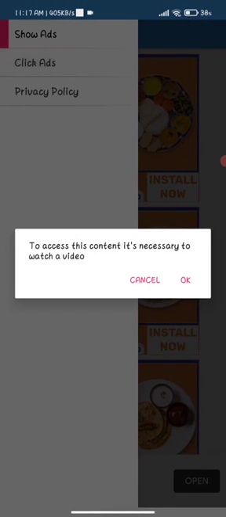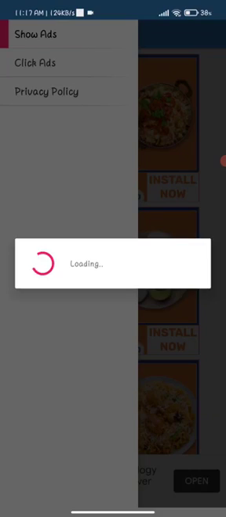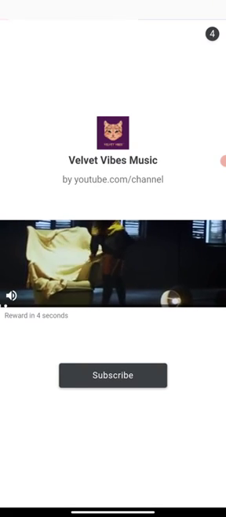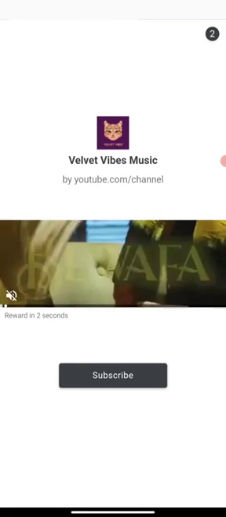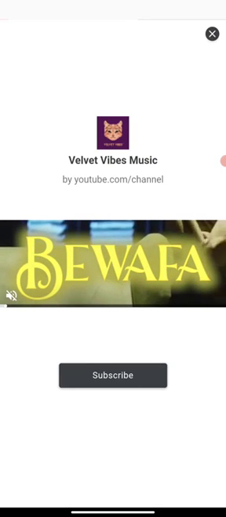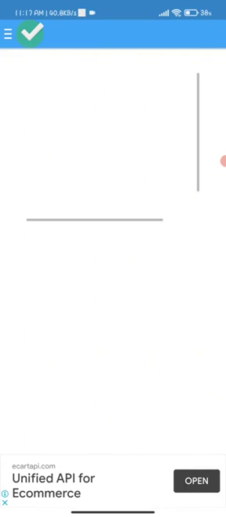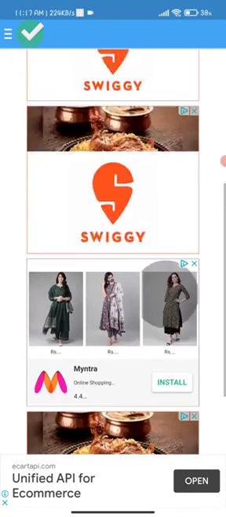If I go to the next page, it says that you have to watch a video ad, through which you can also give impressions on your video ad, as you can clearly see here. Let me close the sound. As you can see here, the video ad is coming. Now I have to close the video ad, and you can see we got redirected to the second page, and the ads are also loading on that page.